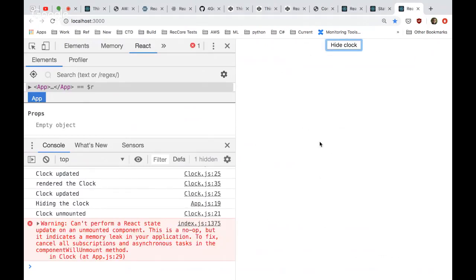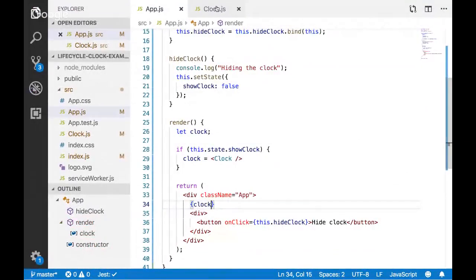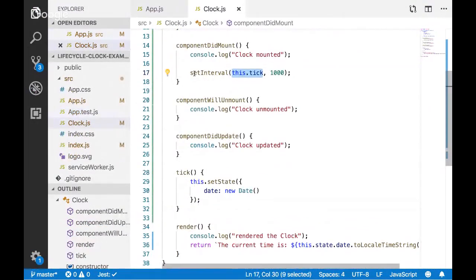It did. But you notice we threw an error. All of that was sort of a roundabout way of getting to this error, right? When we hit that clock, we fired the clock unmounted lifecycle method, and then it says can't perform a React state update on an unmounted component. And actually, it's trying that over and over, but it only gave us the error once because this set interval keeps firing every second because we didn't get rid of it at all.